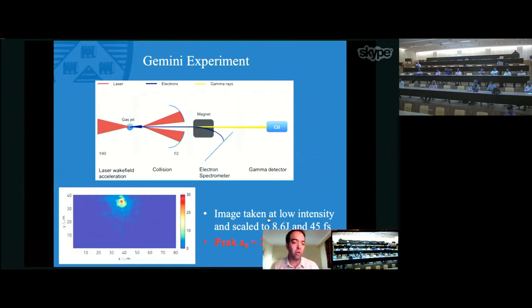We've got a long focal length. This is f40 focused onto a gas jet to provide laser wake field acceleration. This provides electron beams between 400 and 700 MeV. The electrons then leave the gas jet and continue on into the vacuum chamber, at which point we have a